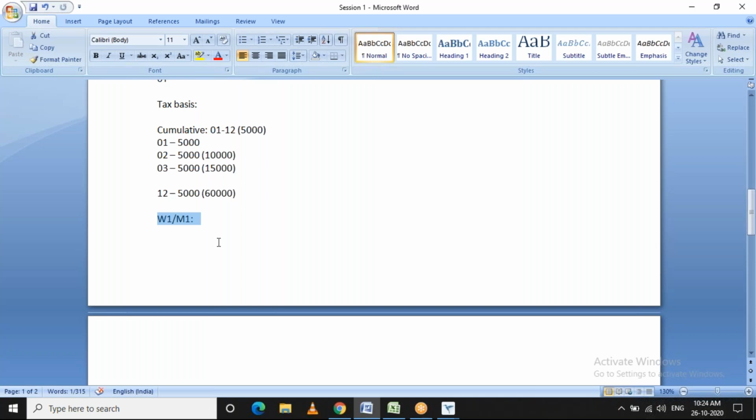Then they will submit the report to HMRC: this employee joined our organization, this is his taxable earnings for this particular period, and this is the tax code we used for calculating the tax. Those details will be reported in the FPS. I'll explain in depth when I come to that. Once we submit the FPS report to HMRC, HMRC will verify it and inform the employer whether the employee should follow the same tax code or a new tax code.